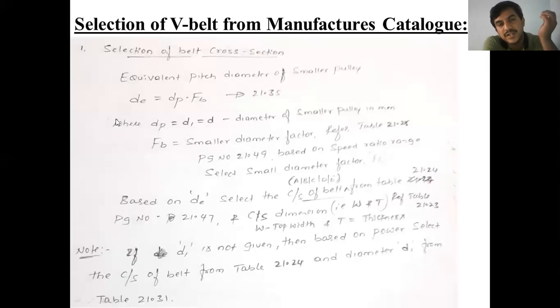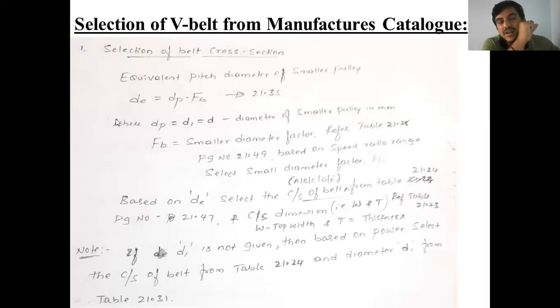Earlier we followed the exact procedure, the exact mathematical formulas, to design the V belt, based on the procedure we followed for flat belt drive. The same method we followed for design of V belt drive. Now, in today's session, we'll discuss the selection of V belt from manufacturer catalog. In the manufacturer catalog, here also we use formulas. In the formula, there are so many constants and so many factors to consider.